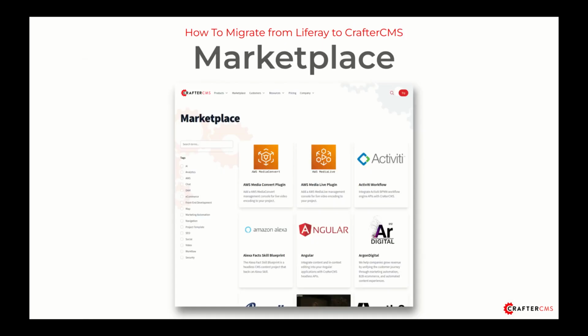I'd also encourage you to check out our marketplace. You can find the link on CrafterCMS.com. This marketplace is where you'll find our blueprints and plugins for CrafterCMS. And here you're going to find a lot of details, including links and descriptions and screenshots of those plugins and package capabilities that are installable into your installation to help you meet your specific needs. So go ahead out there and check out some of the integrations that we have with CrafterCMS, and that's another